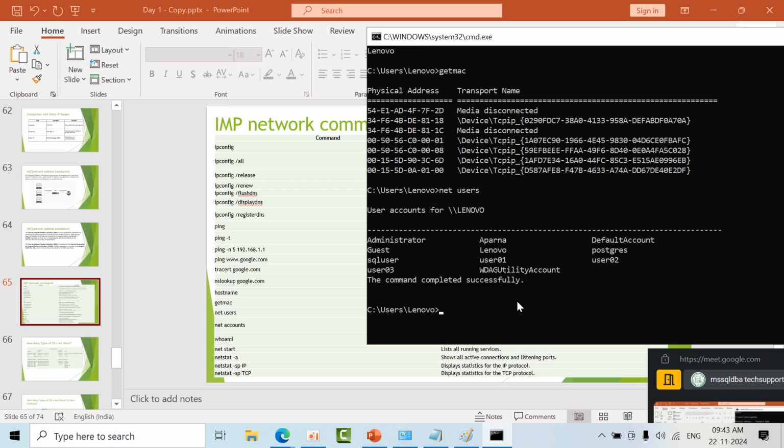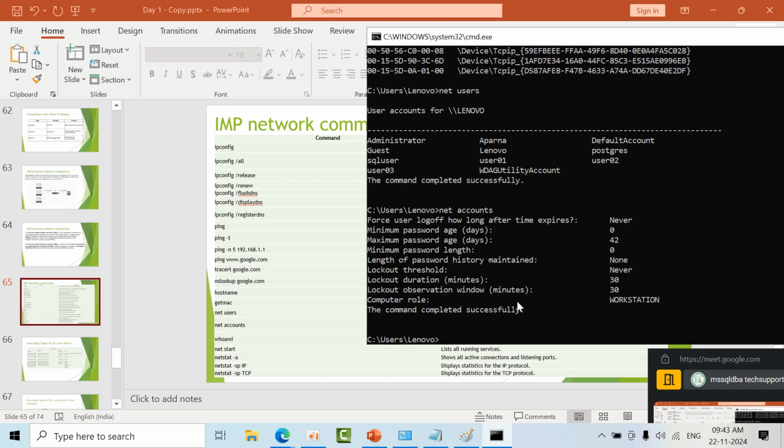Sir, now I have a doubt, sir. Whenever you lock your office laptop, you don't know how many times you can wrongly enter your password before it gets locked, yes or no? You should know what the password policy configured for us is. For that you can use net accounts. Sir, lockout threshold. It is my laptop in your organization. Whenever you go to the office, you can use net accounts and check whether the lockout threshold policy is 5 or 6 or 2.